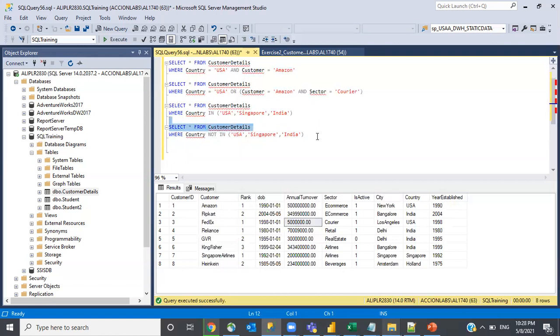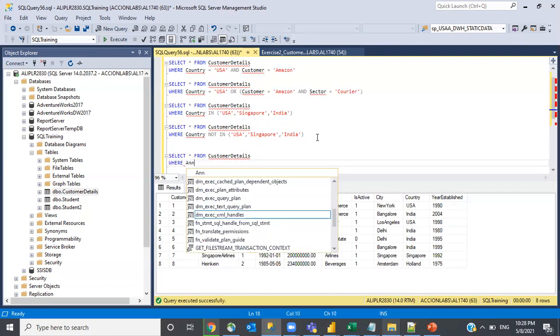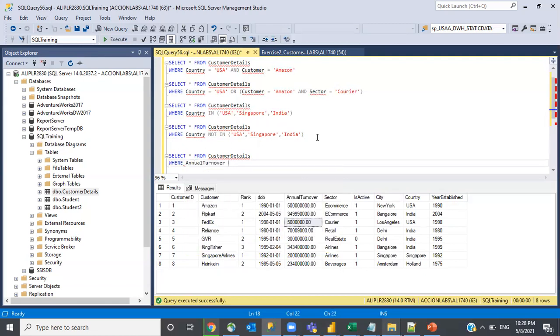For this, write the same SELECT star FROM customer details, write the WHERE clause, and put the column name which you want to filter on: annual turnover greater than or equal to, I want to consider 10 millions, right?